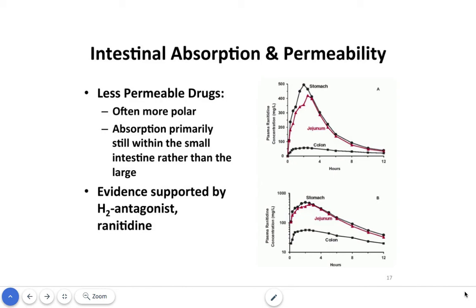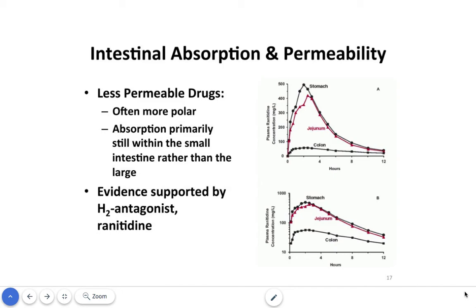The aqueous solution administered in these studies was about 6 milliliters containing 150 milligrams of ranitidine hydrochloride into the stomach, shown by black circles, jejunum, colored triangles, and colon, black squares, in 8 volunteers